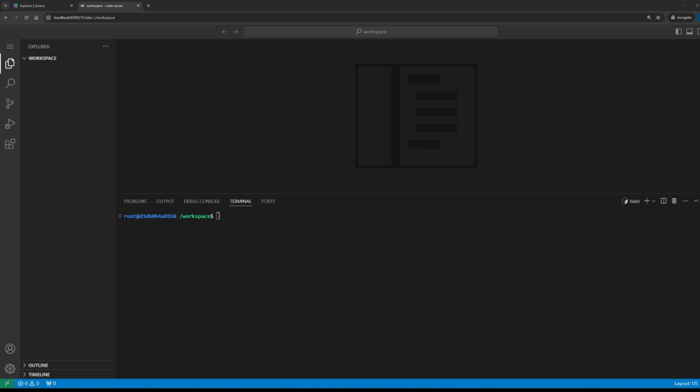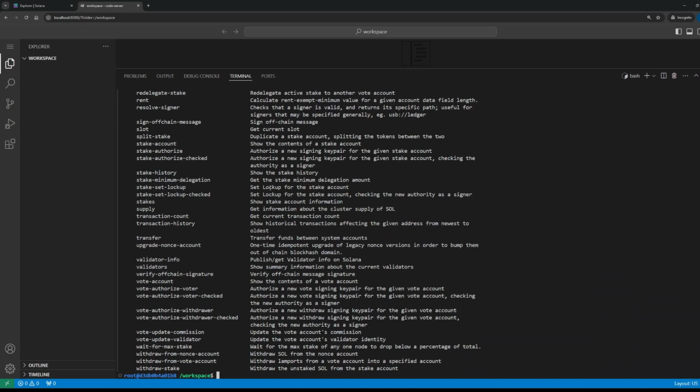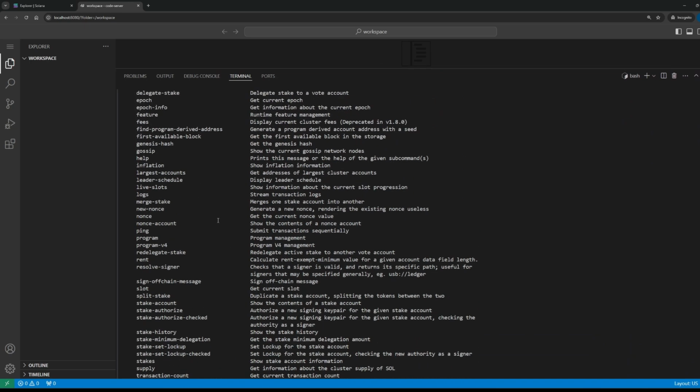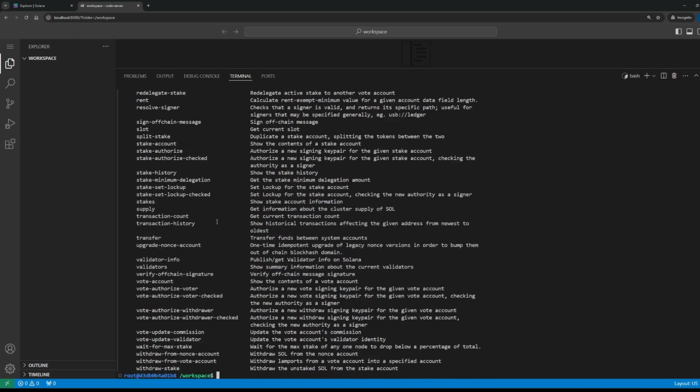As you can see on the screen, there is Visual Studio Code, which is actually included in the Docker image. I can type, for example, the solana command, and you can see the help message of the Solana command. There are plenty of subcommands available.